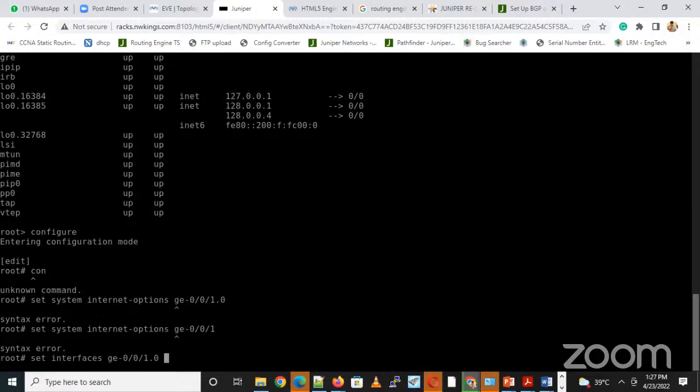Okay, dot 0 is a sub interface, so by default it will take sub interfaces. By default you have to give dot 0. If you're using different VLANs, you can give dot 2, dot 3 as well according to your requirement. So initially this is how you have to configure. Set interfaces and the interface name